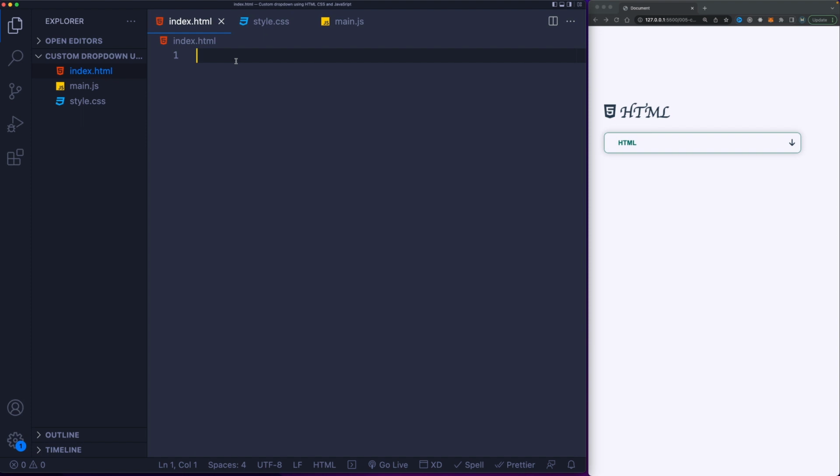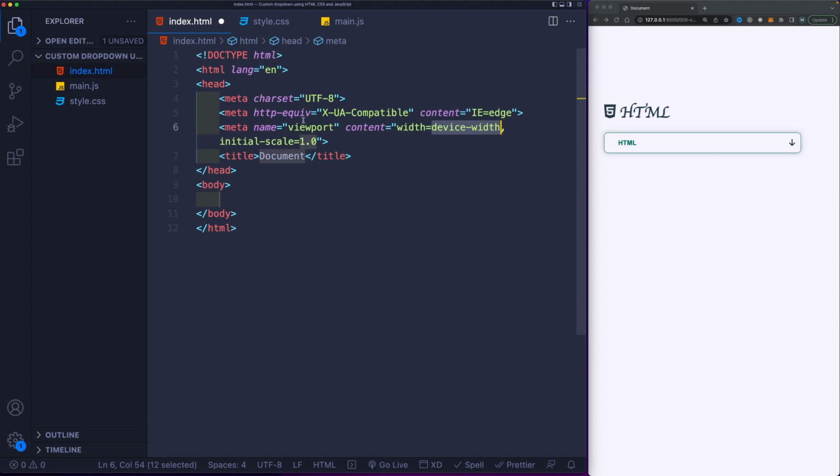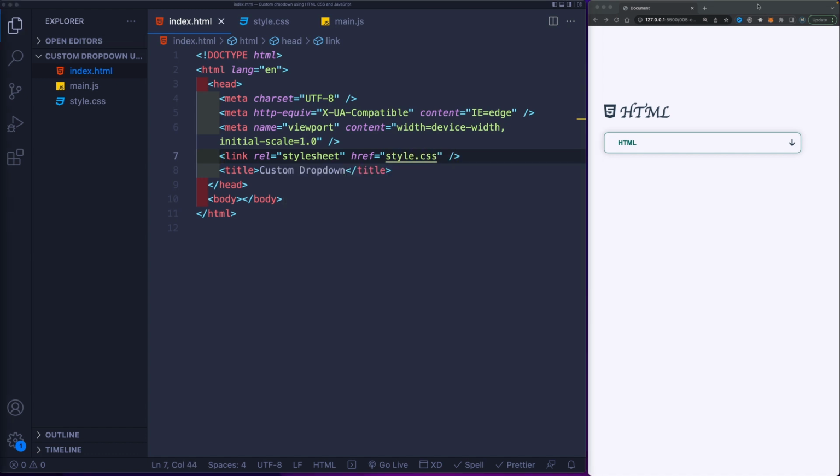We are going to use Font Awesome, and from Google Fonts, we are going to use this font right here. You can obviously change the font if you wish later on, or use a completely different font. You can use Roboto, you can use Poppins, whatever you want. Now, let's get started by creating a boilerplate. So this is Shift exclamation mark, hit enter. Let's give this the title of custom dropdown, and then above our title we're going to link up our style.css, and we're also going to